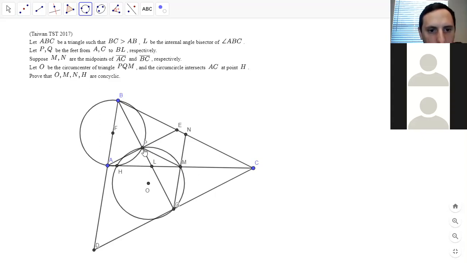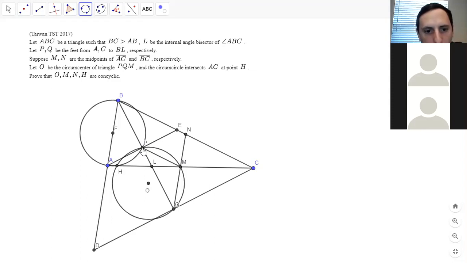FP is half of AB, which is MN. And the angle FPO is 180 minus FPB minus OPQ, right? Okay. Yeah, and FPB is PQN. Okay. And